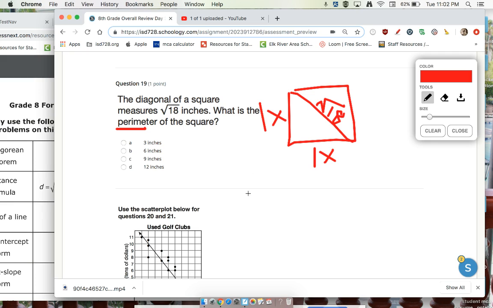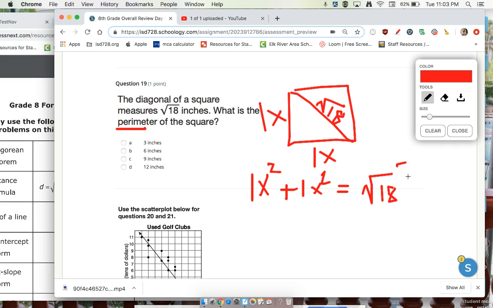So 1x squared plus another 1x squared, and you didn't need to make the 1 come out, but I just did, is equal to the c squared, so the square root of 18